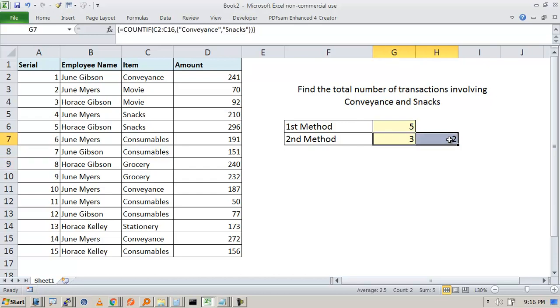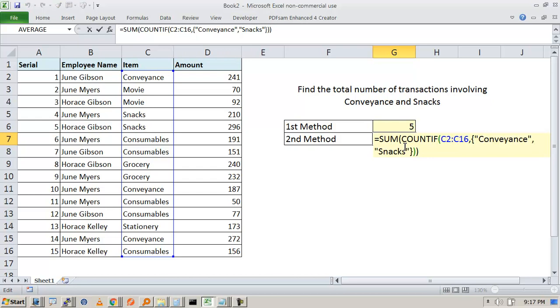So what we can do is delete this and write the formula over here, but include a SUM at the end. When we include the SUM at the end, it will combine the two values and give you the value in one cell. Please note that you have to run this using Ctrl Shift Enter. So I am pressing Ctrl Shift Enter now. Once I have pressed it, you can notice that the array formula has a curly brace at the start and the end, and this gives you exactly the same answer.